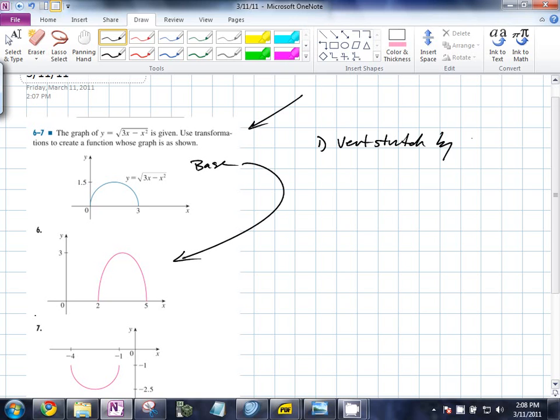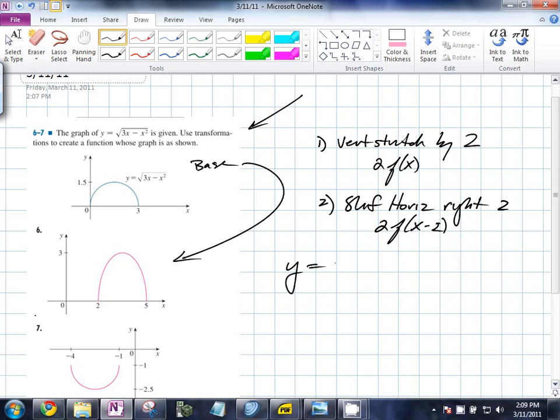Yes. So it's going to be 2 f of x, 2 times the function. What's the second thing, Nell? It shifts horizontally to the right by 2, so you add in -2. Exactly. Good. So what does it come out to be? Y equals 2 on the outside, the square root of 3 times x minus 2 minus x minus 2